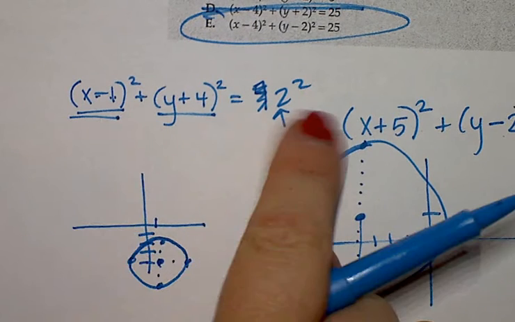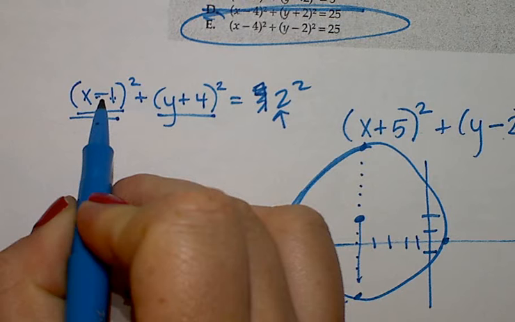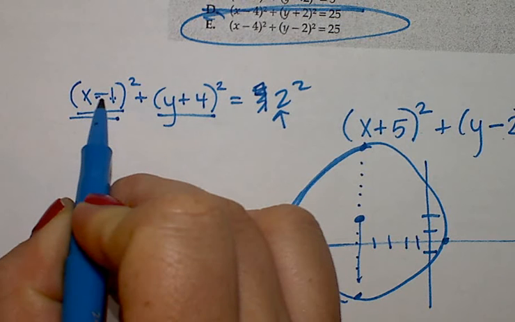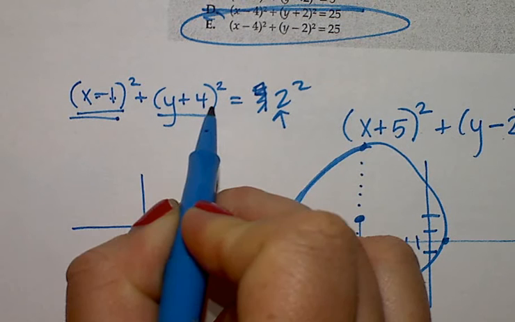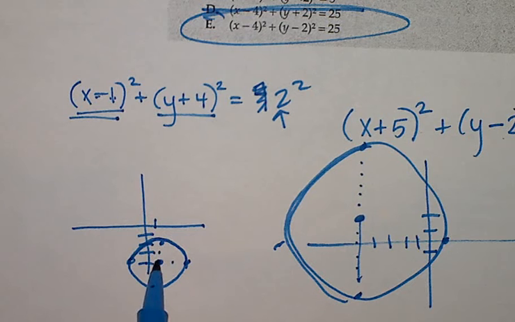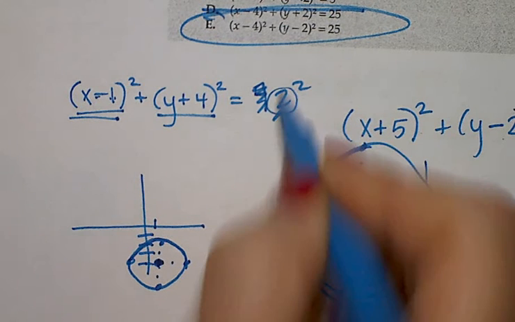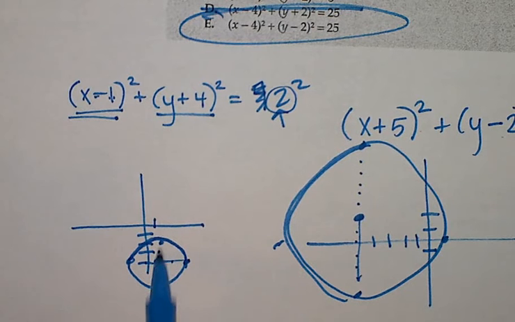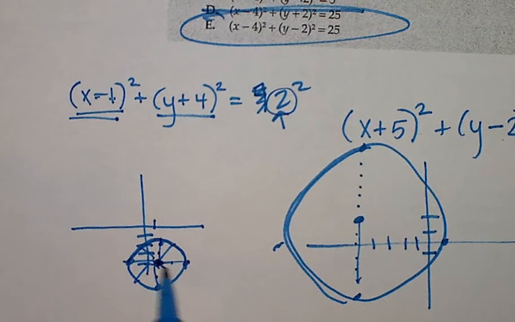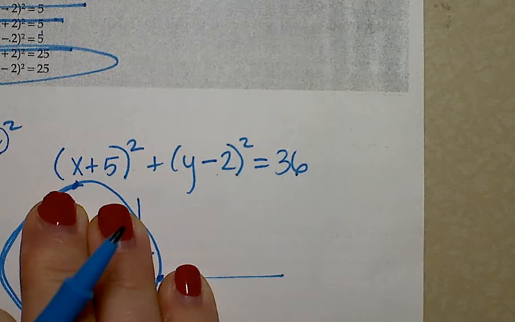The center would be, it's always opposite of what you think. So the center would be +1 and -4. And the radius would be 2, not 4, but 2. So in every direction, 2. Another example, the center would be at